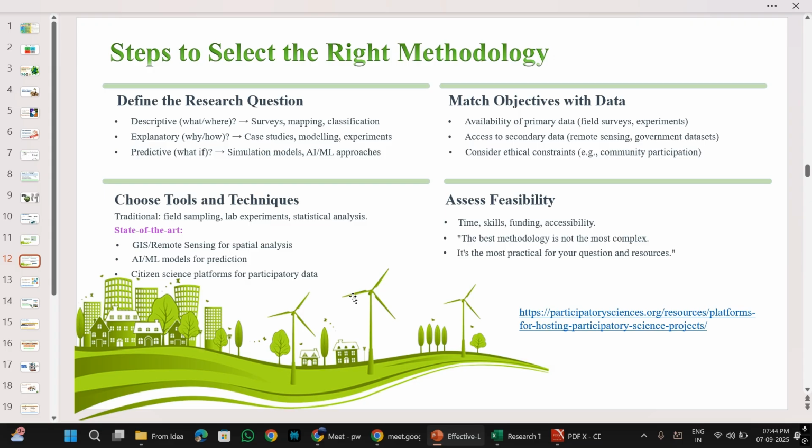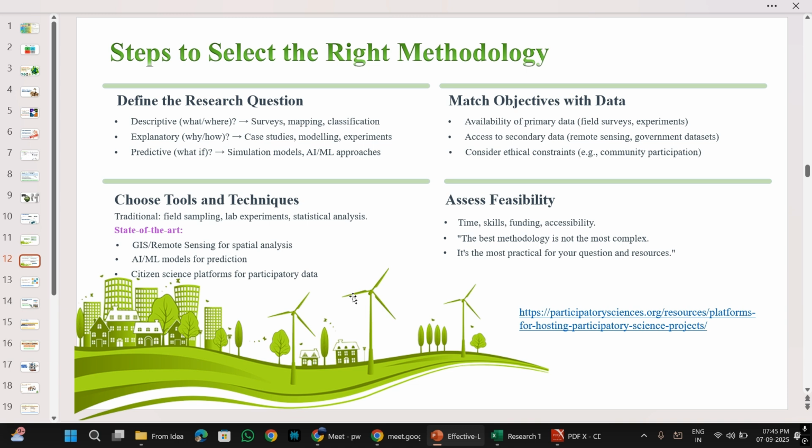Then choose tools and techniques. Next is, if you have already identified which kind of data is important to you, now you have to choose which tools and which techniques you will use. Whether your techniques are essentially going to be traditional, wherein you will collect field samples, some laboratory experiments you are going to do, and some statistical analysis you are going to do, that is just in terms of percentage and things like that. So your data will essentially come in the form of tables, or maybe some traditional graphs, right? Or maybe text description, or describing the samples, or describing the statistical data.